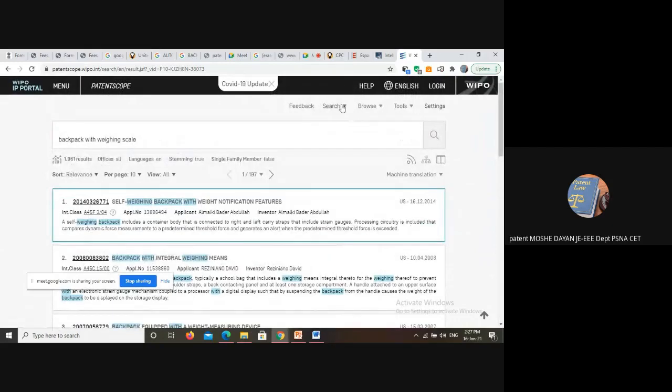Now, here you can do this simple search, advanced search, field combination search, and cross-lingual expansion. All these things are available here on the PatentScope. Okay, that is what I have said so far about Google Patents, USPTO, and then classification code search, and then the PatentScope. Okay. Apart from this, there are some more search engines.